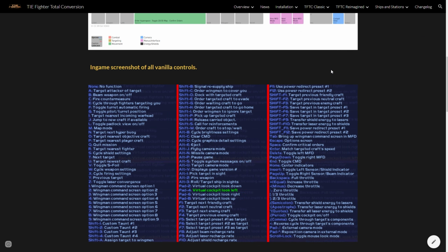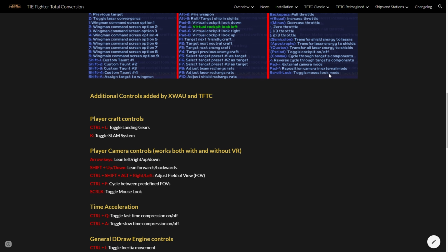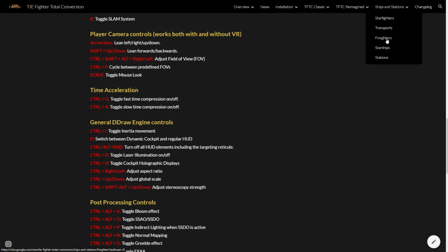Almost every key serves some kind of function, and there are also key combos. It is vital to learn some of these in order to become an effective pilot. If you head over to the TFTC website, of course which links are in the description below, you can find a page which lists all available keyboard commands, as well as extra ones we've added over the years to accommodate